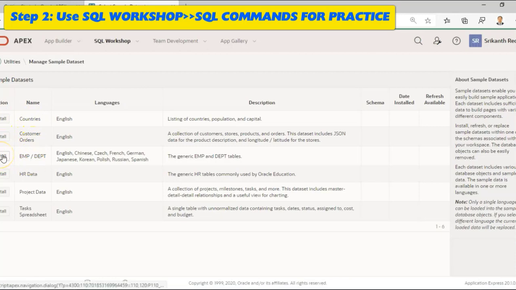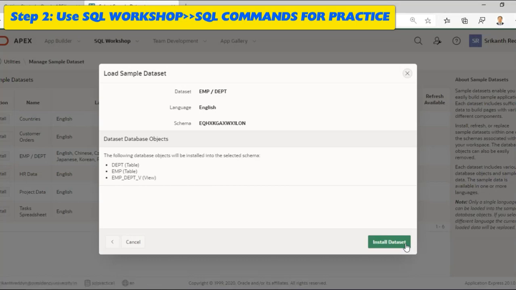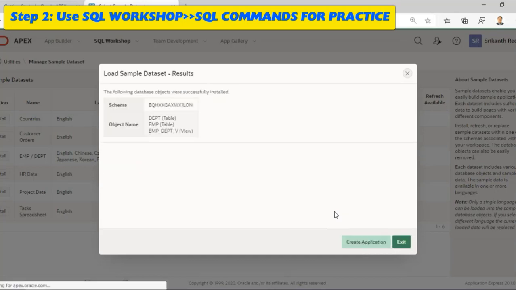So let us install the dataset Employee Department. Next, Install Dataset. Our dataset is installed. Click Exit.